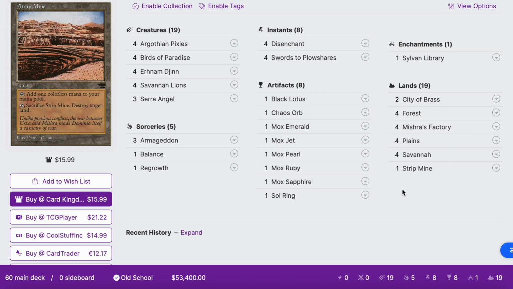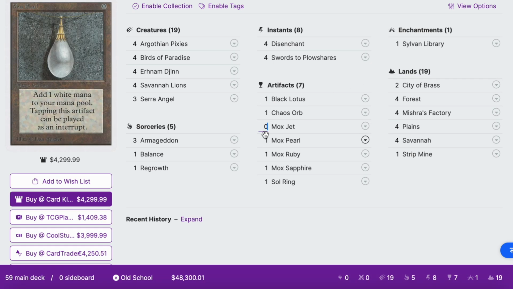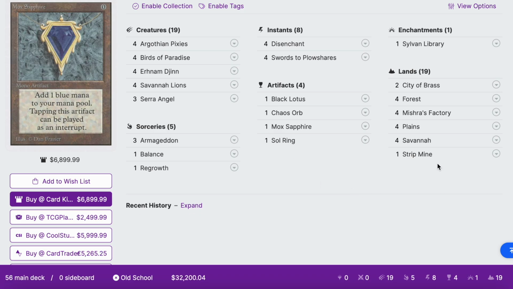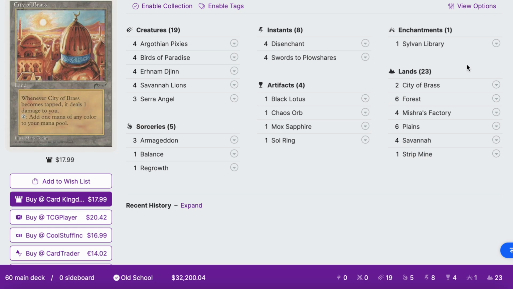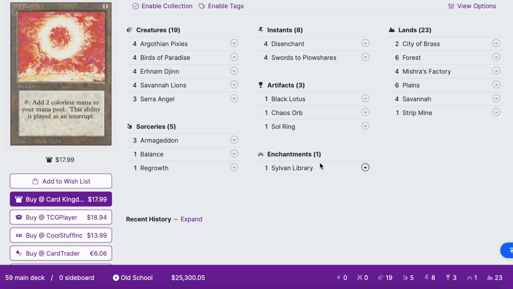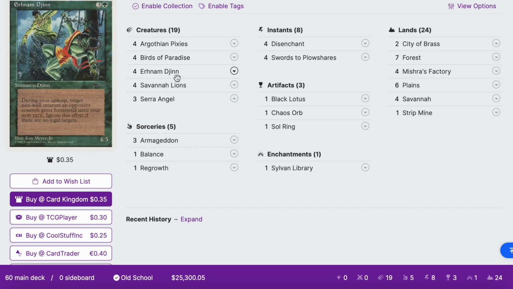So let's put more lands. Make it 24 lands. Remove 1, 2, 3, 4 Moxen and put some lands. Sorry, 2 Forests and 2 Plains. Yeah, 2 Forests, 2 Plains. Remove 1 more Mox for an extra Forest. Forest is main, I think, in this version of the deck without Land Tax, because our plan for first turn,